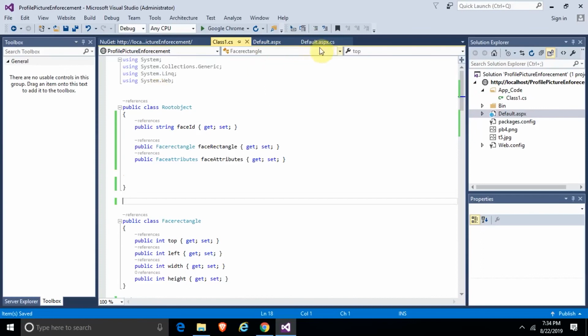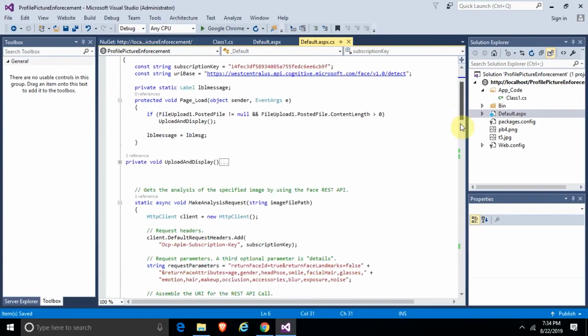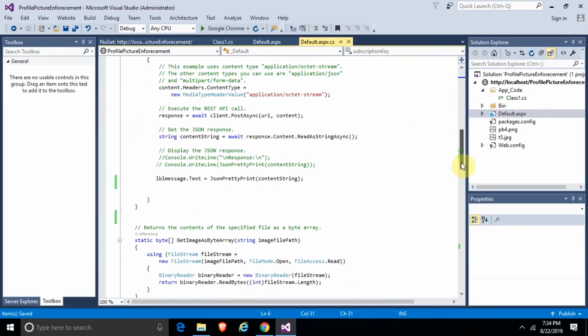Then we go back to our default .cs. So we have all these namespaces we've imported, and you have your subscription key and all that. So we scroll down, and now here will be the message that we're going to display. So what we're going to do now is we're going to deserialize the result of what we have here. So before we do that, let's just comment out this,